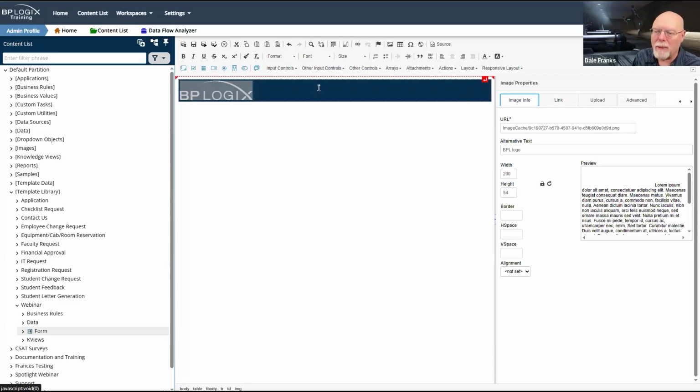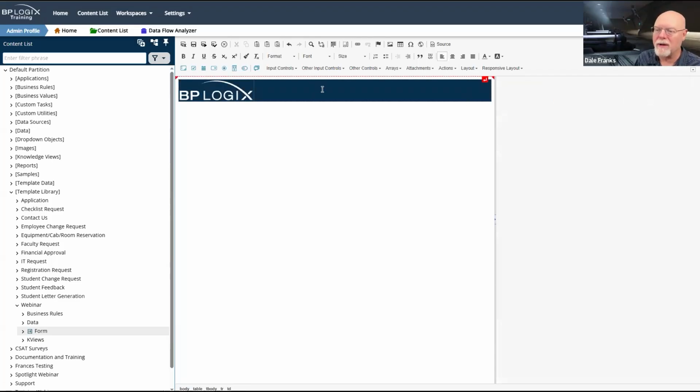So we're fine with our image. We'll go to our next cell in our table, and we're going to do a couple of things here. First of all, we're going to set the text to white, and then I think probably we will format it. Well, I don't want to format it as a heading, but I do think I want to format it as bold. So I'll set it as bold, and we would just call this form